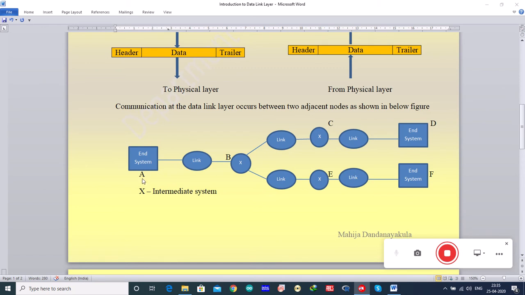If the data transmission takes place between A and D, the first transmission is from A to B and the frame contains A as the source address and B as the destination address. Similarly, this data is transmitted to C and the new frame contains B as the source address and C as the destination address. Now from C to D, the transmission takes place and C is the source address and D is the destination address. This is how the data transmission takes place end to end.